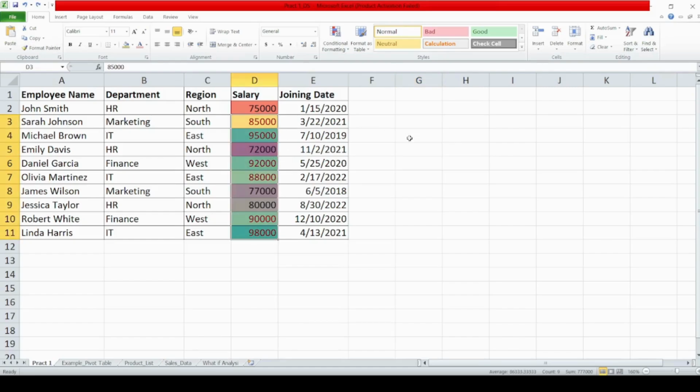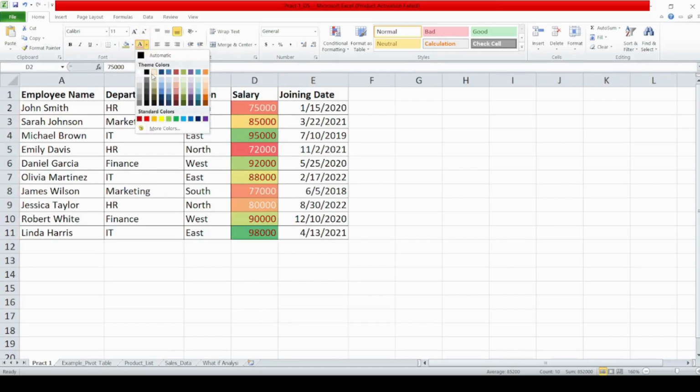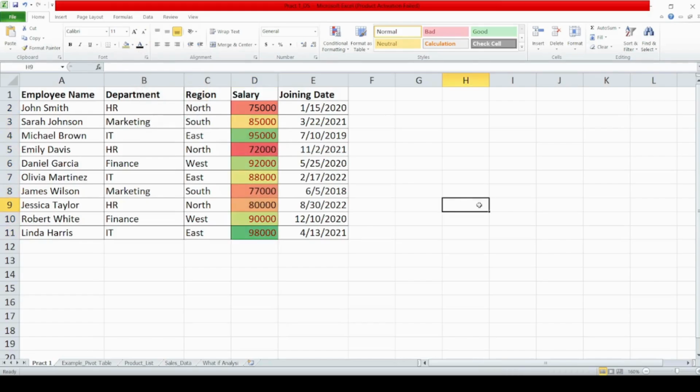Is it clear to you all how to go about it? So only the text color will be changing, only for the data which is not under the condition. Only that particular color will be changed. The rest would be the same as it is. Okay. So with the help of the color scale, I can segregate the salary differences, high and low. That's all for practical number 1, sub question 1.